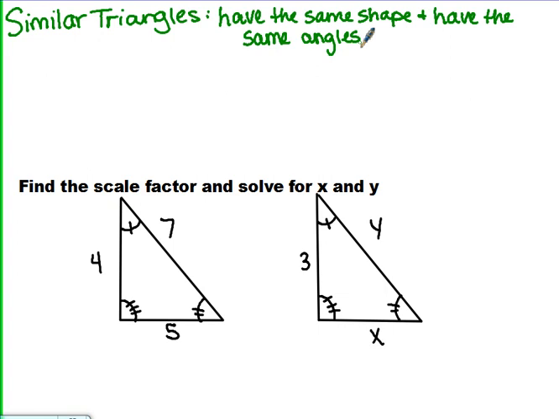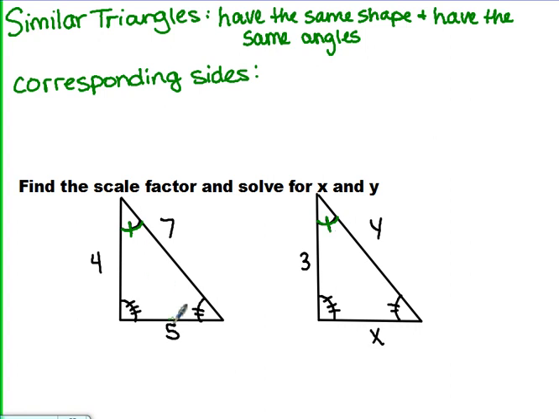All right, two terms that we're going to need to know in order to solve similar triangles. First one is corresponding sides. We know what a side is, okay? But corresponding sides are sides opposite equal angles in similar triangles. In the example down below, if you look, these top angles are the same. They each have one same mark,